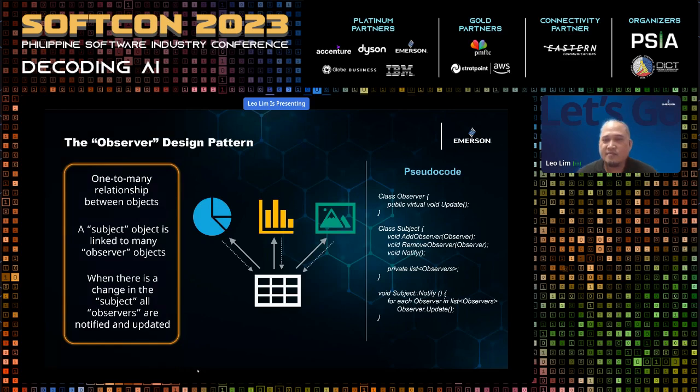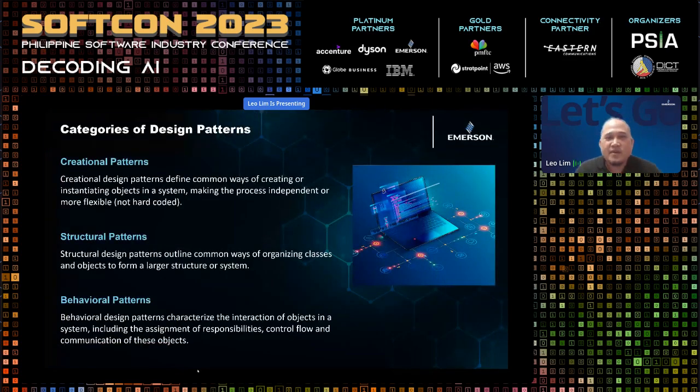So this essentially abstracts. Whatever type of observer that is, as long as it's a subclass of the observer class, then you can call the update function. And in the case of the example, if it's linked to a set of data, a table, then it's up to the observers to update themselves based on the subject. So this is just a typical example of a design pattern in the traditional world of object-oriented programming.